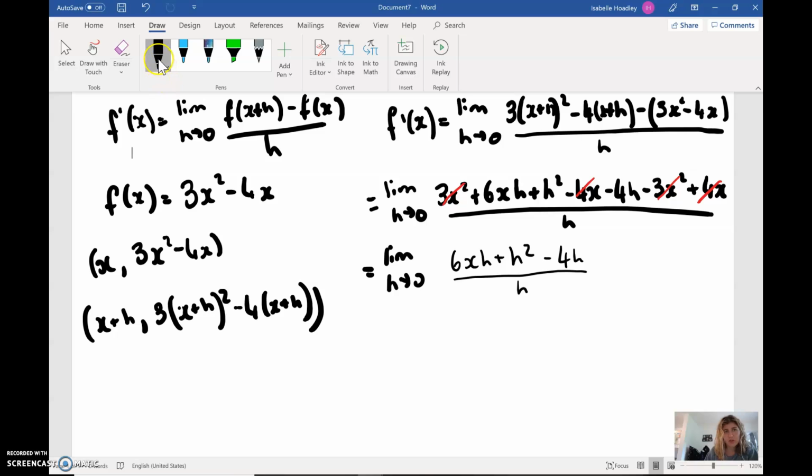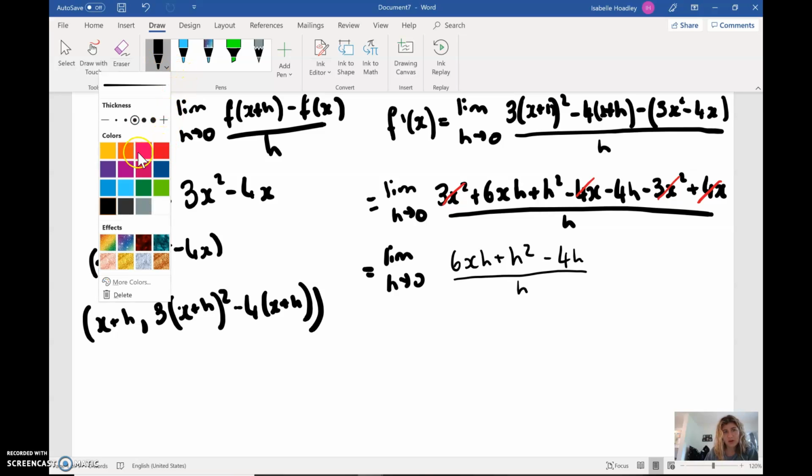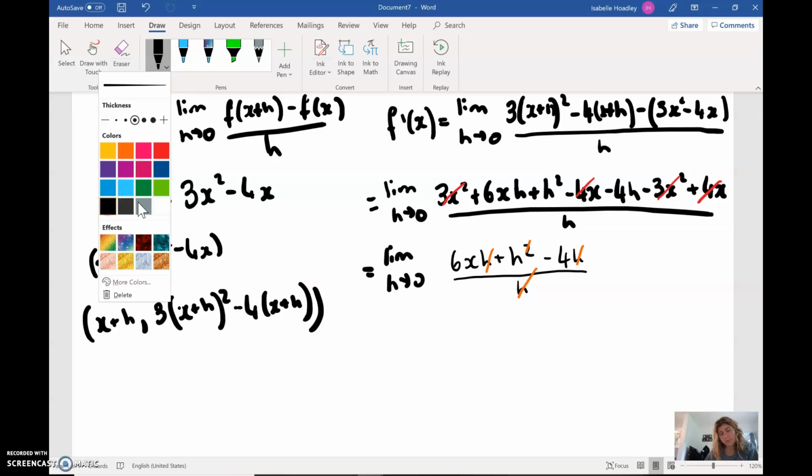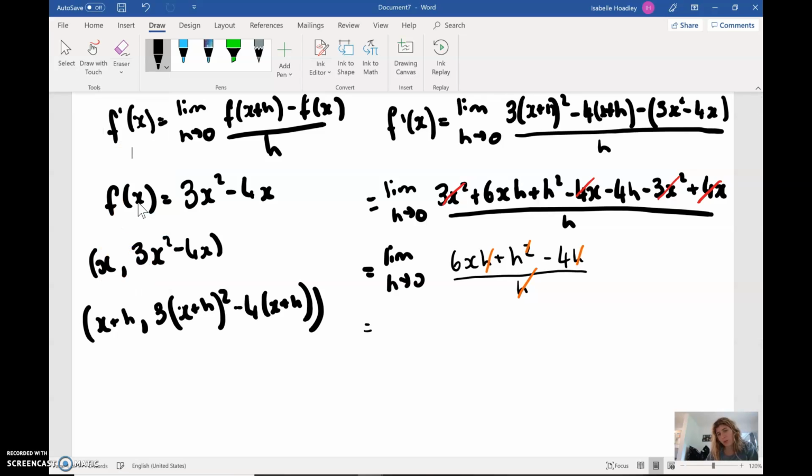Now at this stage, if everything I've got left has an h in it, that means that I can factorize out an h from each of the top terms, and I can factorize out that h on the bottom. So I can cancel out that one here, this one from the squared, that one that's connected to the 4, and I can take away that denominator, and I'm going to get rid of that divide by 0 now. From here, again, if one of these terms didn't have an h, I wouldn't be able to remove it as a common factor, and I'd still have the divide by 0,